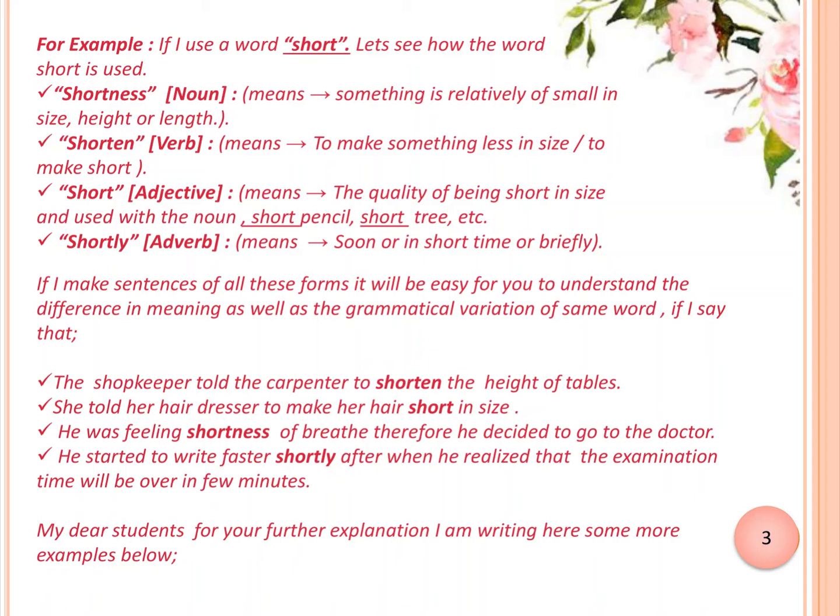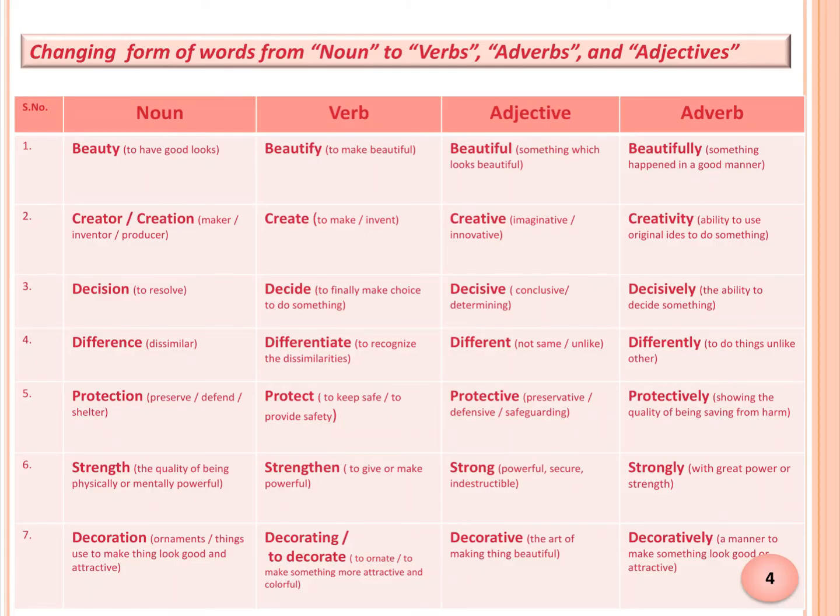My dear students, for your further explanation, I am writing here some more examples below. Changing form of words from noun to verbs, adverbs and adjective. Number 1, beauty, that is a noun; beautify, which is a verb; beautiful, which is an adjective; beautifully, which is an adverb. Number 2, creator or creation,